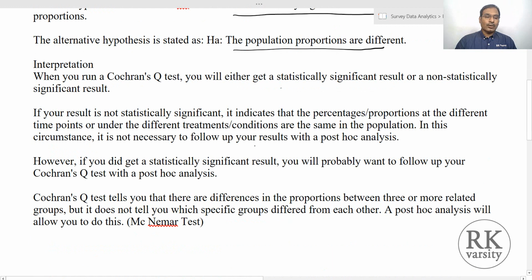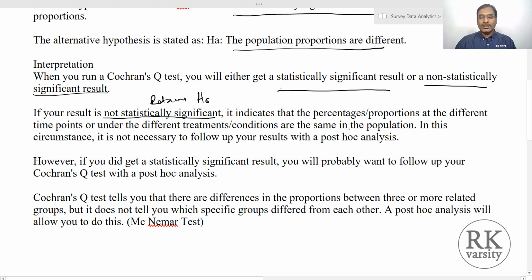Now we look at how to interpret a Cochran Q-test result. When you run a Cochran Q-test, you will get either a statistically significant result or a non-statistically significant result. If your result is not statistically significant, that means you are retaining the null hypothesis.